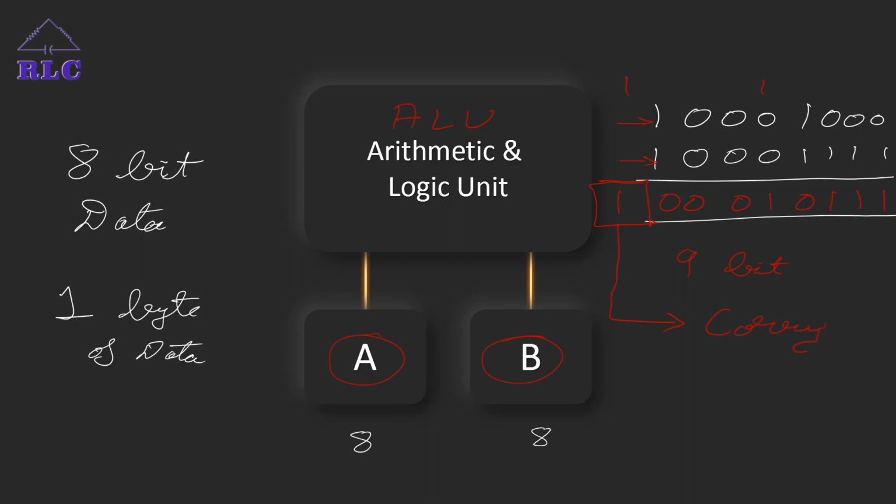To identify whether a carry is being generated, or any auxiliary carry, that means after 4 bits, if any carry is generated over here, we call it the auxiliary carry. We'll go through the details of it while going through the instruction set. These are the auxiliary carry, and how many bits of ones are present in the A register, all those things are going to be reflected in the program status word register.